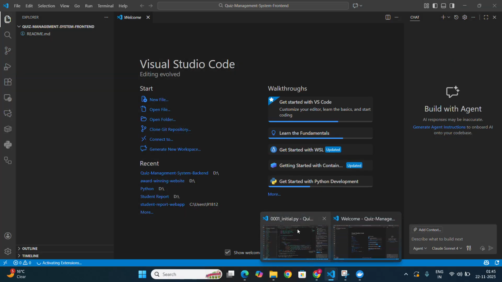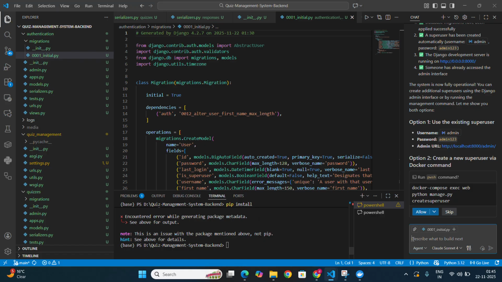Okay, so now since we have built our backend, I will simply ask this particular Sonnet, like Copilot, to give me the whole structure of the backend, so that I could paste that structure in our front end, and with the help of that we could generate a front end seamlessly without writing any line of code. So to do that, we will ask it,